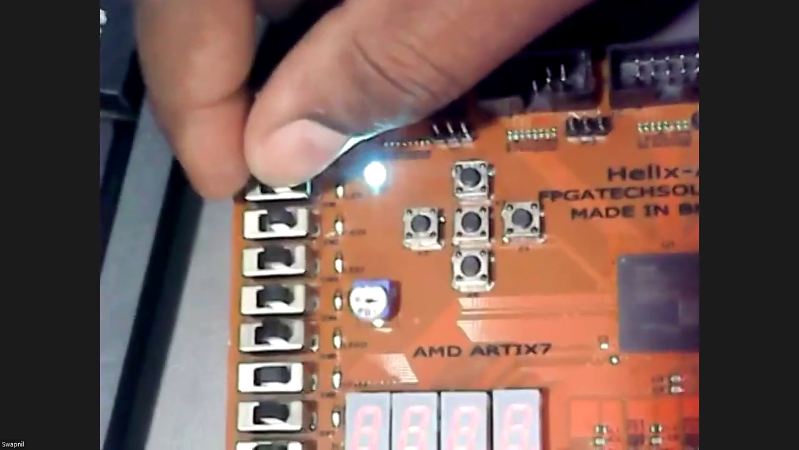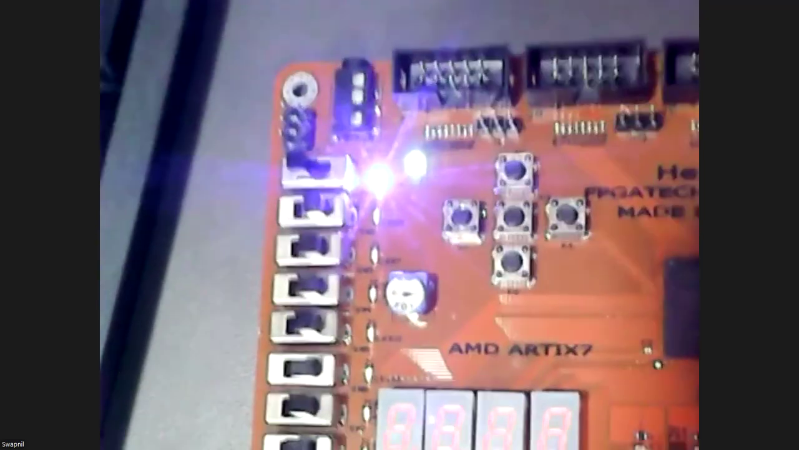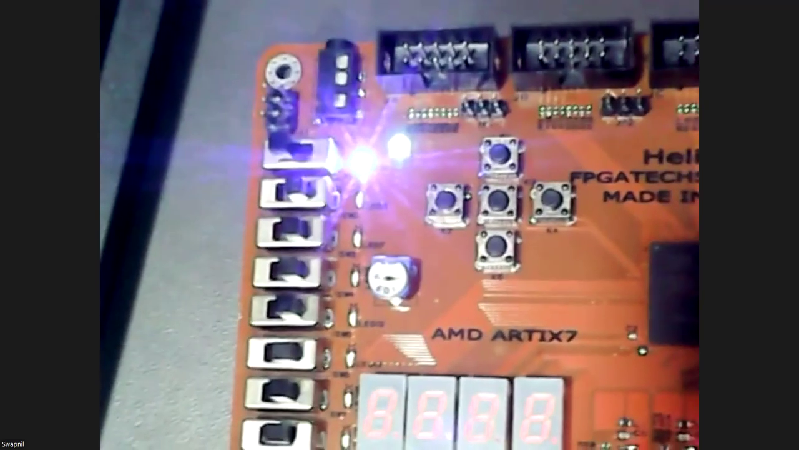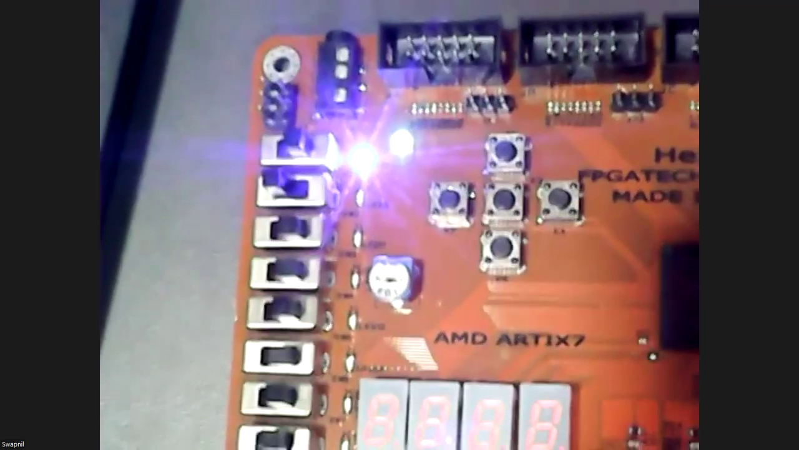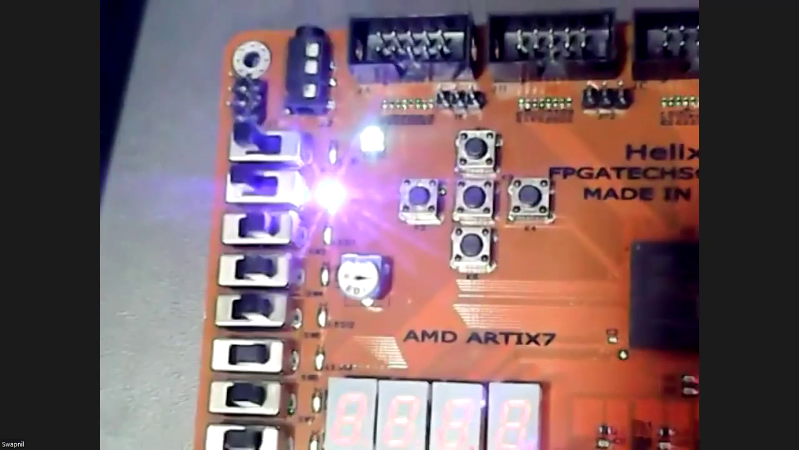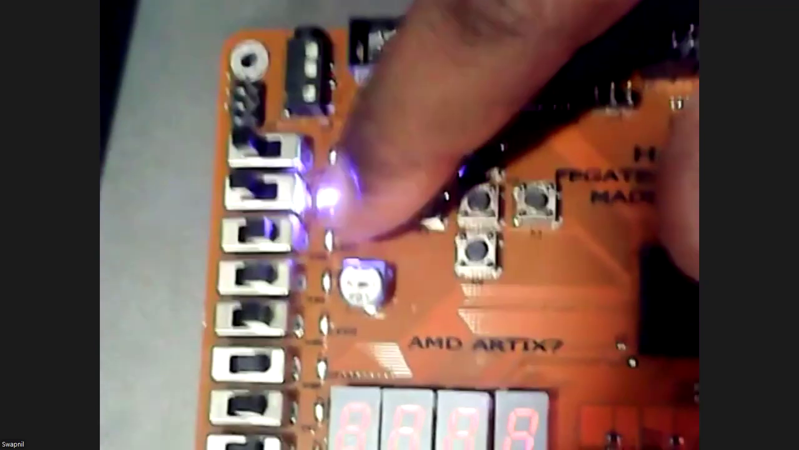Cout. So 0 plus 1. Now it is 0 plus 0, 0. No LED has glowed. It is 0 plus 1. So 0 plus 1, sum is 1. Is it right? Then 1 plus 0, sum is 1. Yes. And 1 plus 1, what is my? Here the Cout LED is glowing. Okay. And sum is